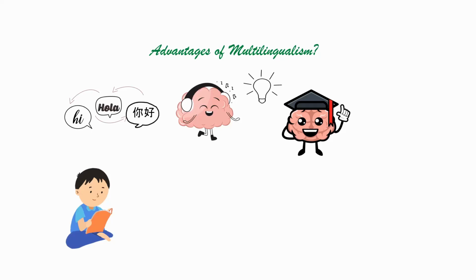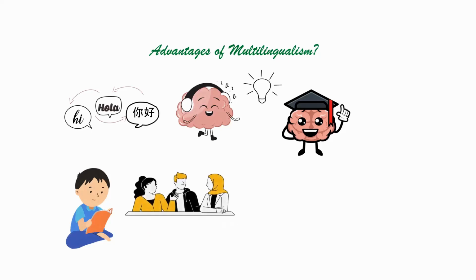In some places like India or Belgium, people grow up learning 3 or 4 different languages as a normal part of their life. In other countries like the United States, speaking more than one language is seen as something special. However, multilingualism is not rare. In fact, speaking only one language is the exception in today's world.